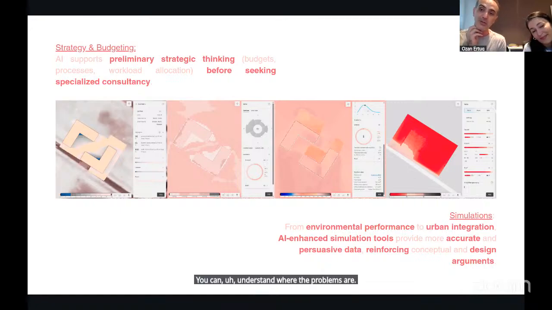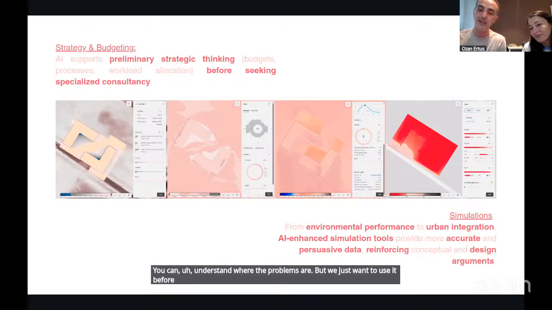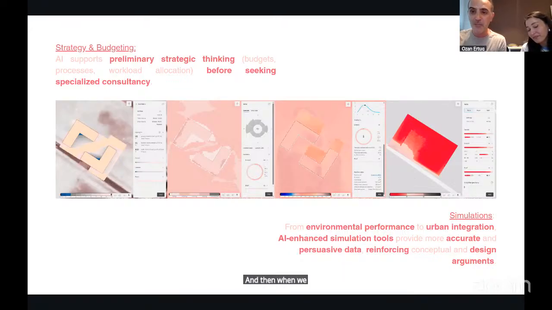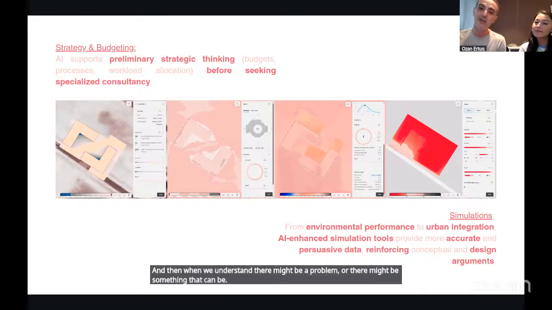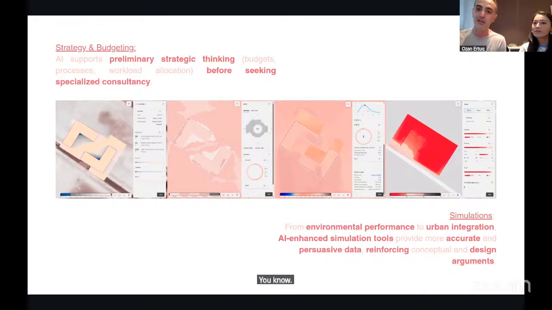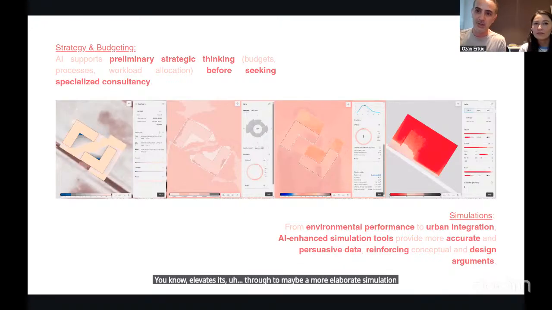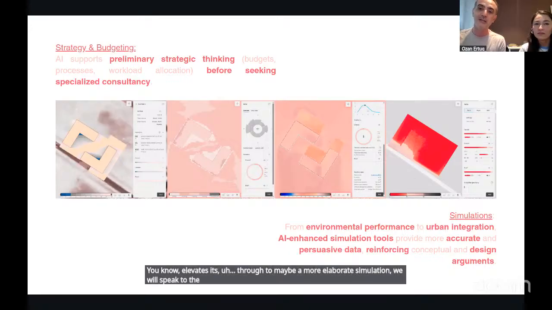But we just want to use it beforehand in the design, and when we understand there might be a problem or something that can be elevated through a more elaborate simulation, we go speak to the consultants.